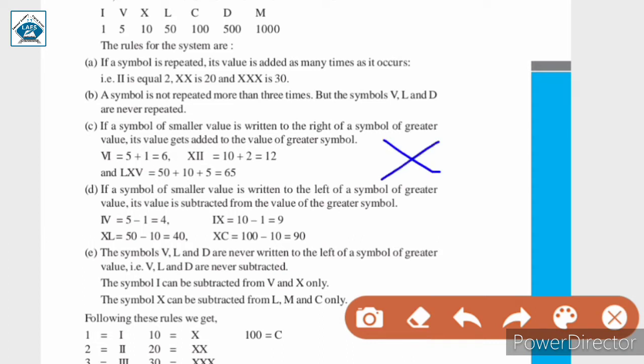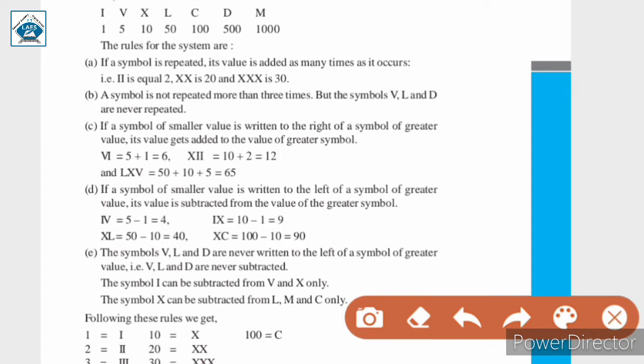Similarly, if we write XI, then X stands for 10 and I is 1. So 10 plus 1 is 11. So here if we write XII, so 10 plus 2, which is equal to 12. And LXV. Now L stands for 50, X stands for 10 and V stands for 5. So this will be equal to 65. That means अगर right hand side में कोई smaller value लिखेंगे तो वो क्या हो जाएगा, add हो जाएगा बड़े